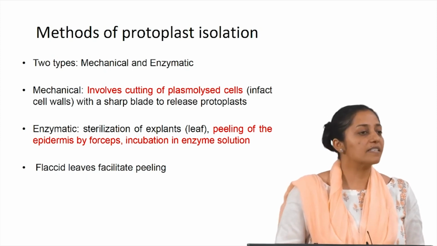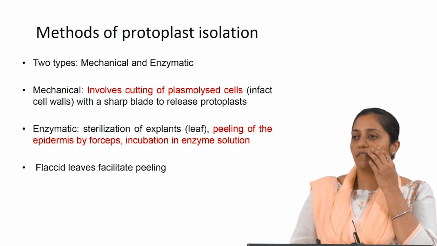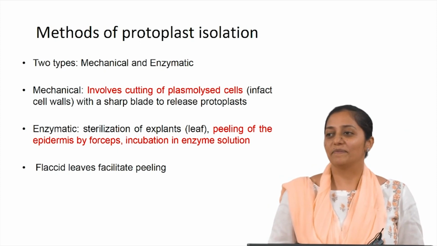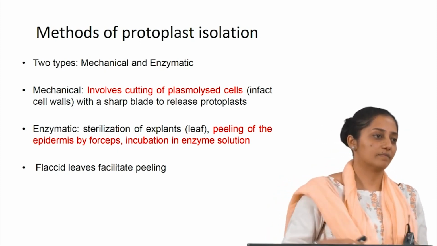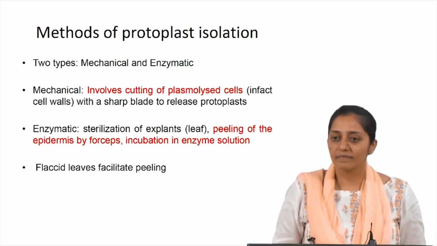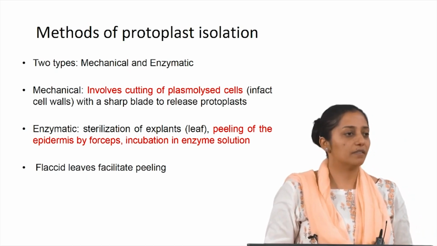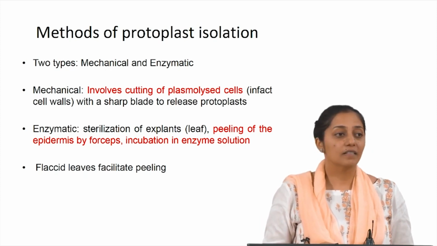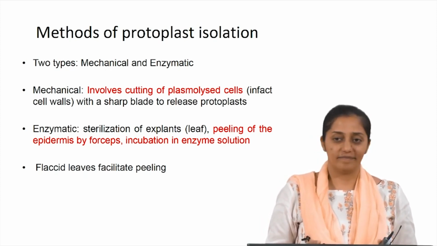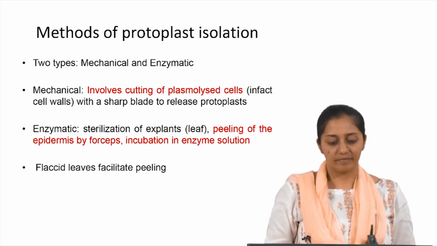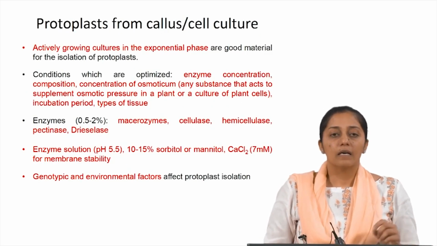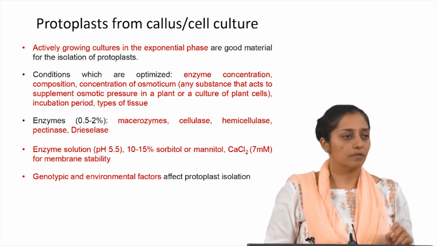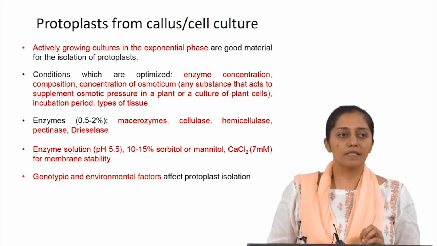And it is said that flaccid leaves facilitate peeling. Flaccid leaves means, think logically, what can it mean? Is it referring to the dried leaves or something? Right, drooping leaves. Drooping leaves means what? Lesser turgor pressure. So when we are using cells, then actively growing cells are used, which are from the exponential phase, for isolation